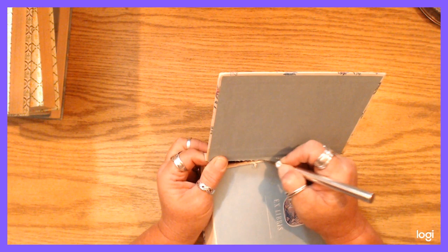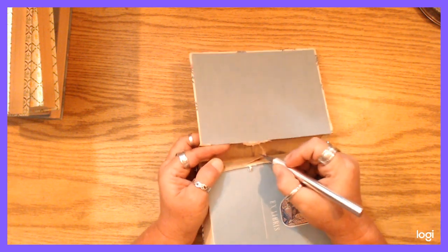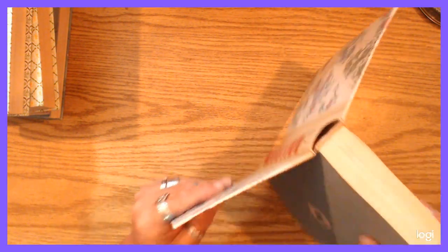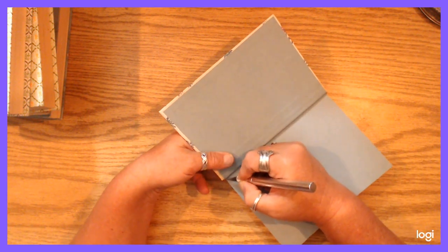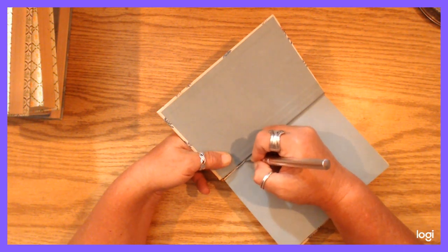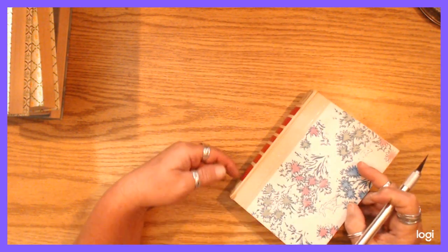So you just want to work that off. See? There's a little bit of extra. See, that's where the extra glue is. I don't know why, but they do that. And then sometimes I'll just lay the book down and slowly cut through that. You want to be careful that you're not cutting too deep and coming out through the